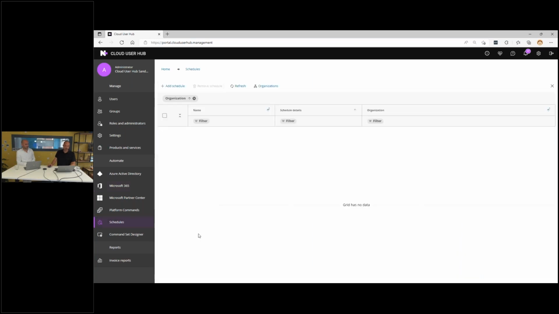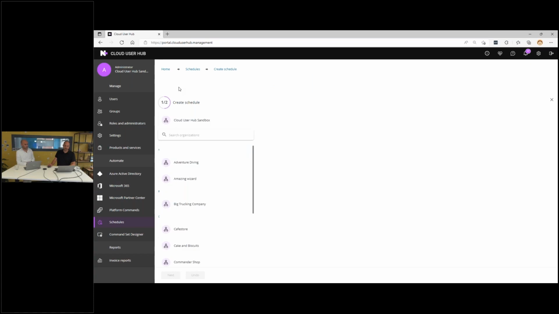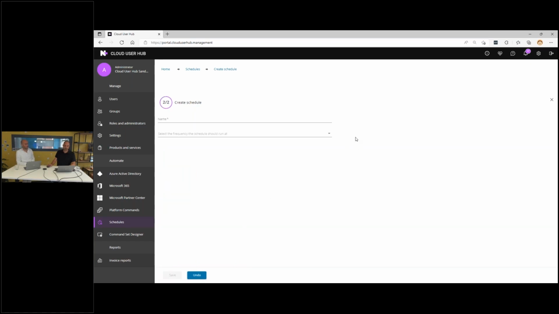Now, those schedules, of course, you can freely define as you see fit. And you can define them multi-tenant again. So if I want to create a schedule for 3 customers at the same time, otherwise it's too tedious and too inconvenient, then you can do that as well. And then we support things like daily or weekly or monthly with all the things that you know from a regular scheduler. Now, all the things that you can get, or even the things that you can post, like you want to delay the onboarding of a user, those are things that you can schedule. And that makes it, of course, very powerful in that regard.